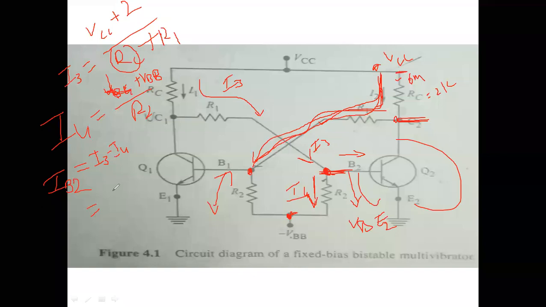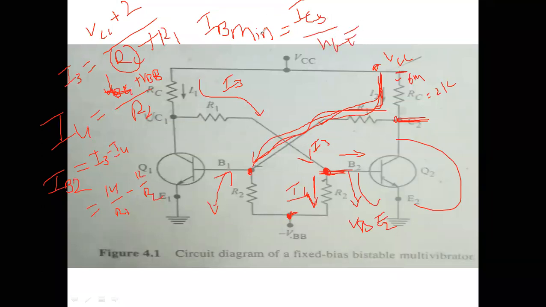So that IB2, we may get the value in terms of R1 and R2. That is nothing but 14 divided by R1 minus 12 divided by R2, where VBB is 12. If you see, IB2 is nothing but the current flowing into the base. At the start we had found out the IB minimum, the first step. If you recall the first step, IB is nothing but IC sat, we have taken IC sat divided by hFE.